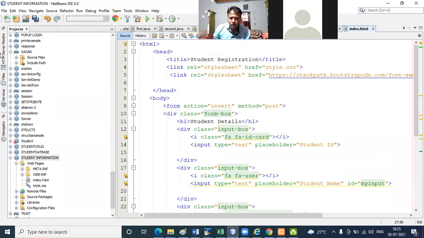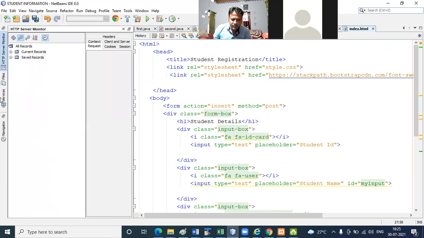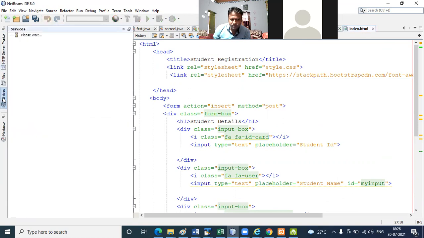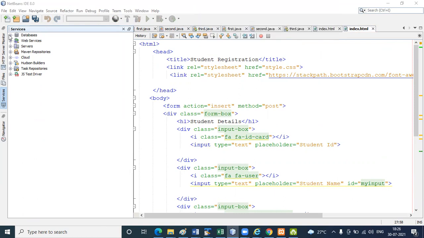Okay. So already I add the database. I go to the service. In service, I open the database.